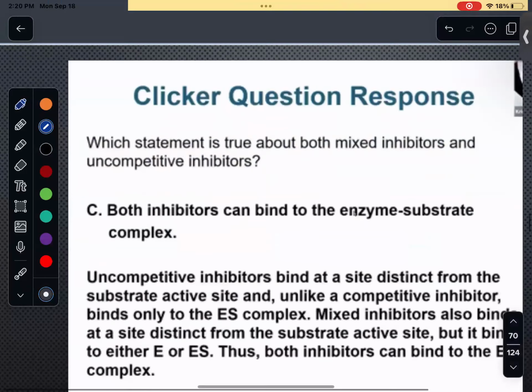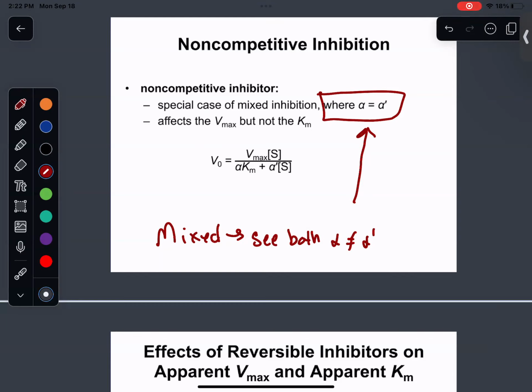Again, I'm not going to focus on these alphas right now because that's not how I was taught it, and I don't see it being essential to your understanding of what a non-competitive inhibitor is at the moment. But if you really would like the absolute understanding of what's happening, I'm sure Dr. Peterson could help with that. Or if you email me, I can definitely take my time with it, but we're running a little low on time, so I'm not going to get too into that. Don't want to get too confusing out here.